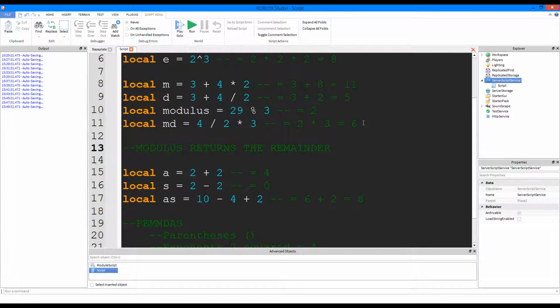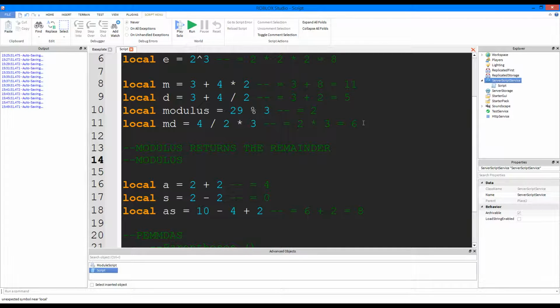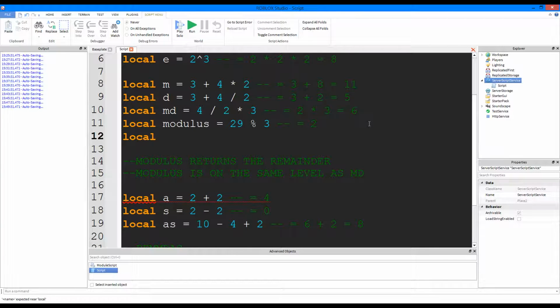Remember that. Modulus returns the remainder. And modulus is on the same level as MD, multiplication and division. So if we had, and I'm going to move this down now to here so that it makes a bit more sense, if we had local MD modulus, okay, and let's say we had